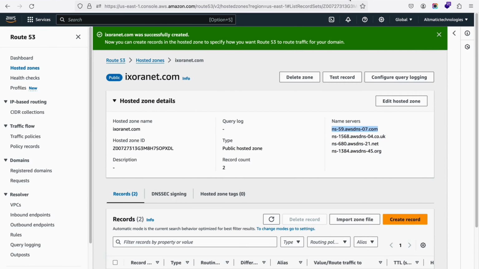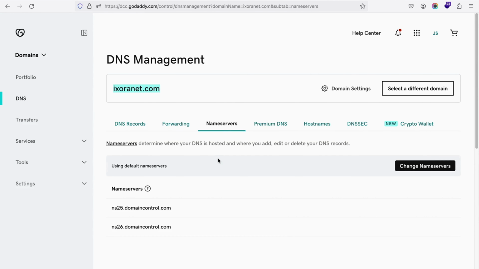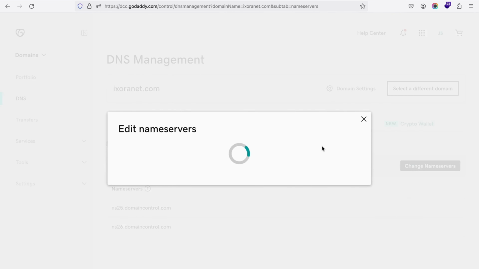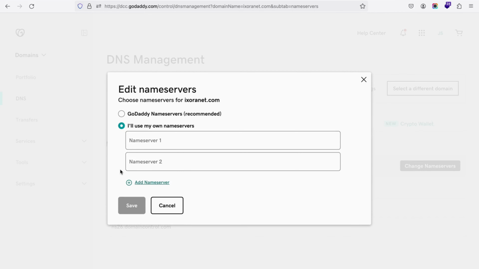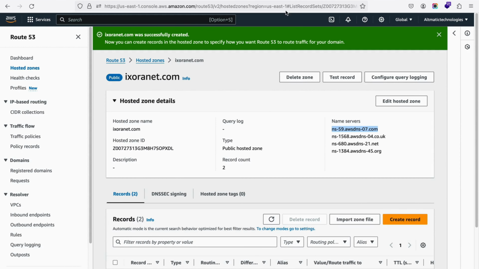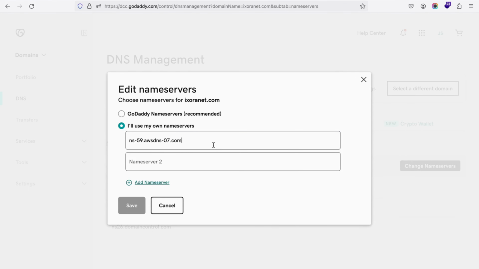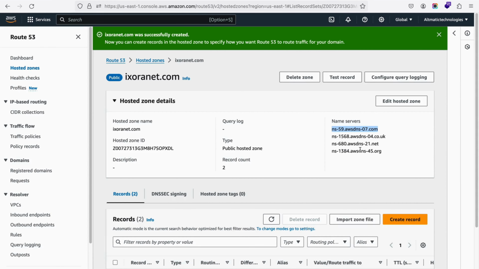So I should go inside the name servers of this website where my domain is registered on GoDaddy, and I have to change the name server. So I will use my own name servers. From here I have to copy and paste here,